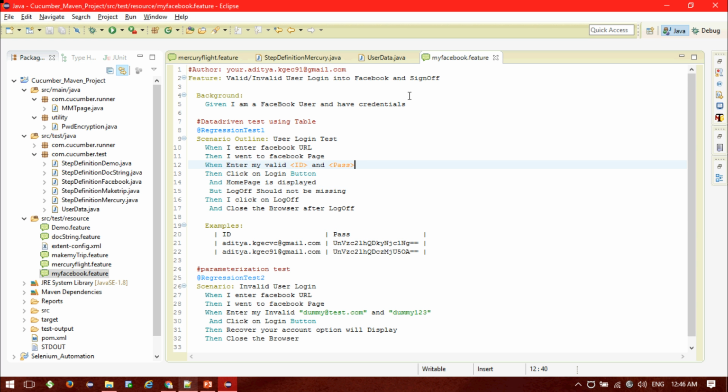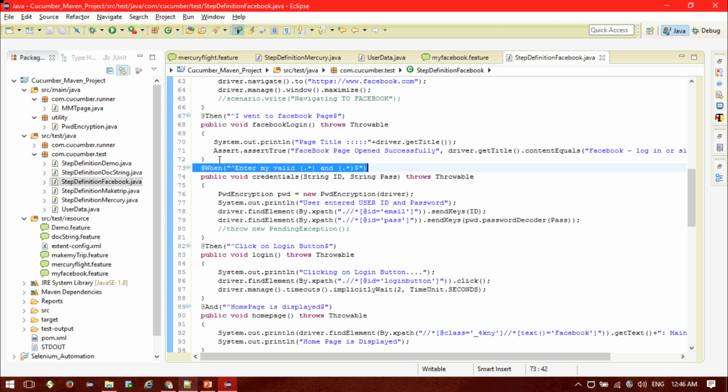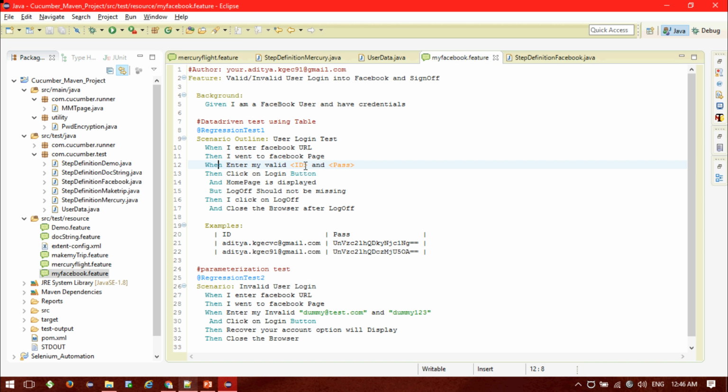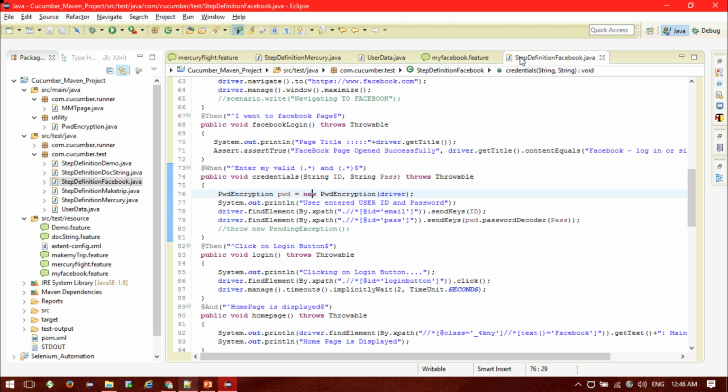Okay, so let me go to this specifically. Sorry about the noise. So these are the steps I have mentioned in the step definition class of Facebook. Here in the step we're basically passing two pieces of data, the email in the email field and the password in the password field. In the email field we are passing the ID with send keys, and for the password